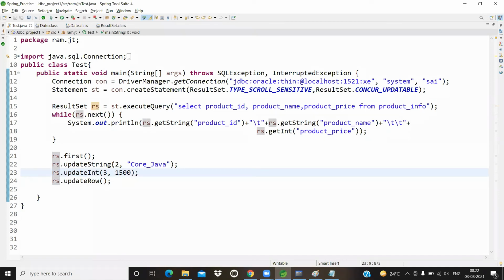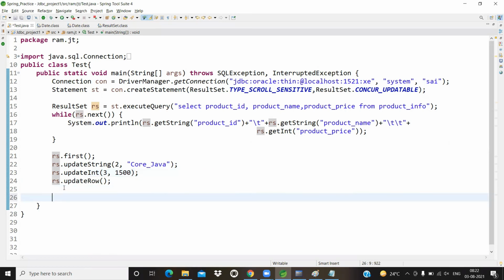So automatically the second column and third column are going to be updated. Okay, this application updates columns of the first row in a table. Let us execute, my dear.